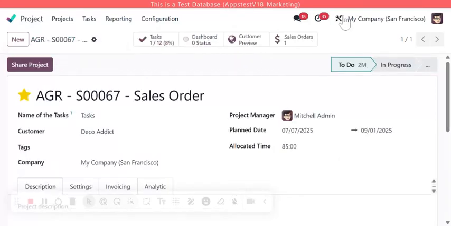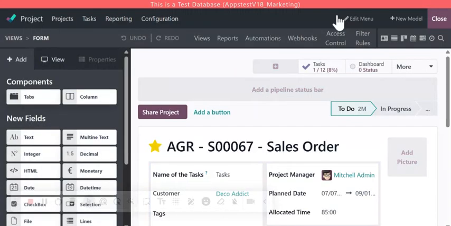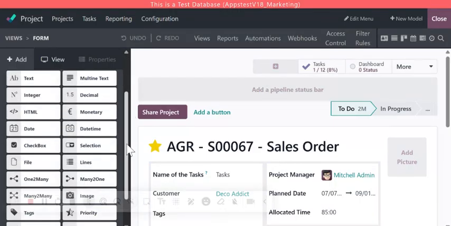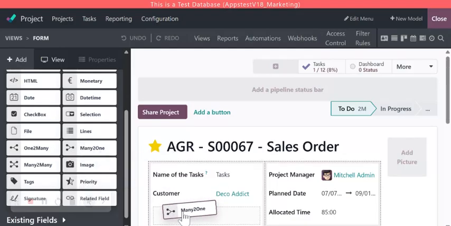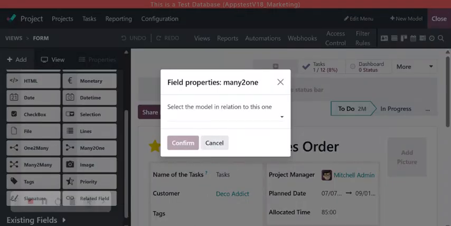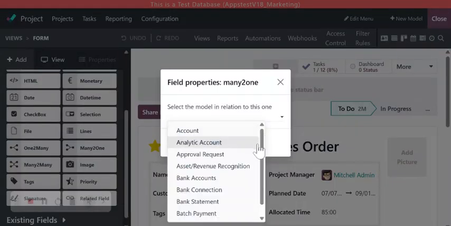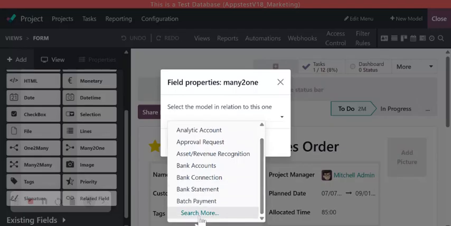So now going back to the project, we're here in our studio view. Once I click into it, slightly different than the previous customization, this is going to be a many to one field, and we can just drag and drop it here. I think it looks nice underneath the customer. Now that we have the field set,